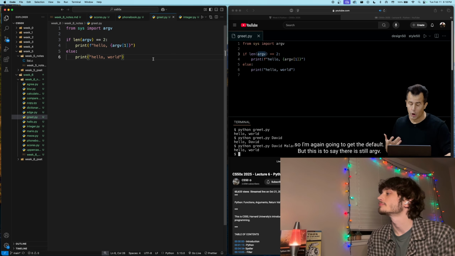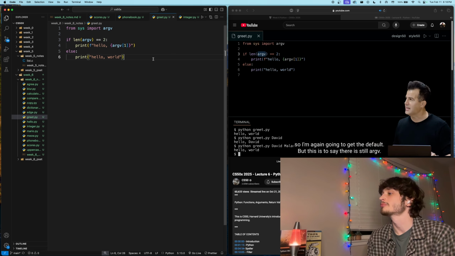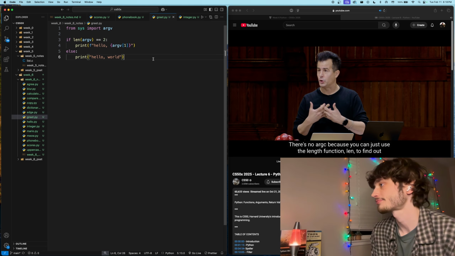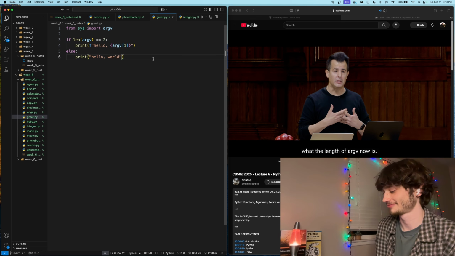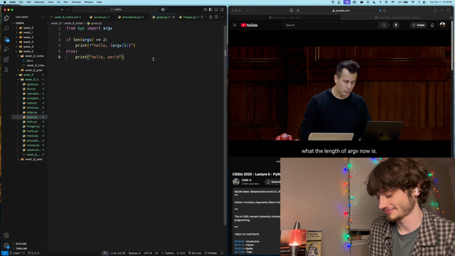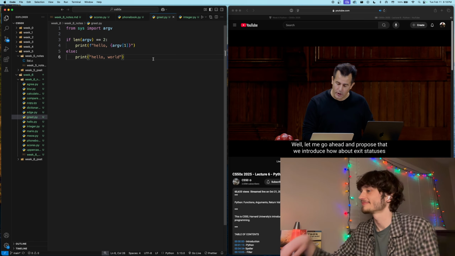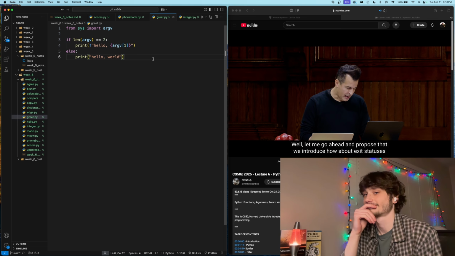So I'm again going to get the default. But this is to say there is still argv. There's no argc because you can just use the length function, len, to find out what the length of argv now is. What more can we now do? Well, let me go ahead and propose that we introduce, how about